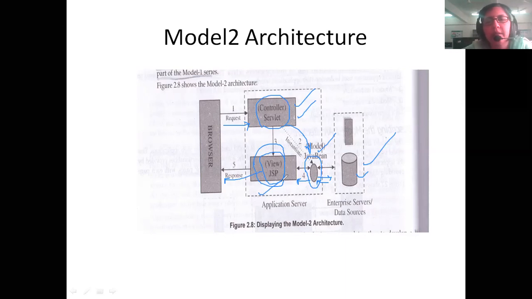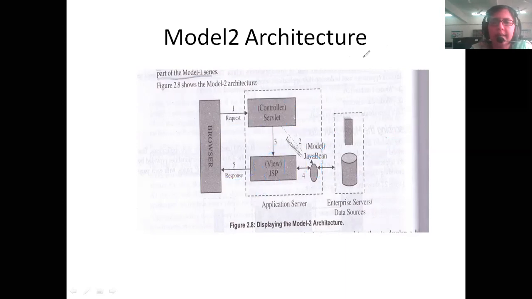Don't put everything together in one file. That is not the best practice of the industry. You should bifurcate it into different layers and modules, where you will have a model file, which is dealing with the database. You will have a controller file, which will take the request from the client, process it and give back the response. And you have a JSP, which will form the view part of it. So I hope the architecture is clear. The model 2 architecture is very, very important.